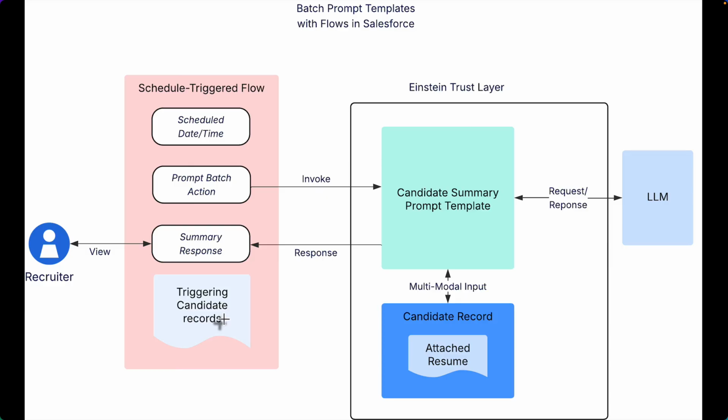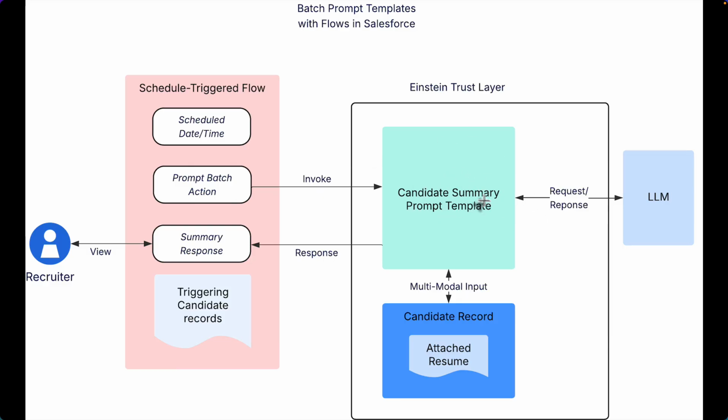is not already generated. And then for each of the triggering candidate records on the scheduled date and time, we use the prompt batch action in flows to invoke our candidate summary prompt template, which has all the instructions to take input from the candidate records and also the attached resume file to generate a candidate summary by reaching out to an LLM. And once that summary is generated, that gets stored back in the summary response field on the